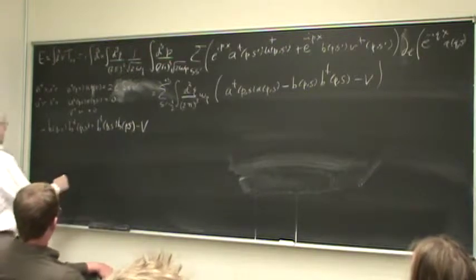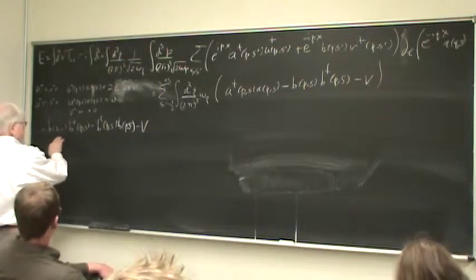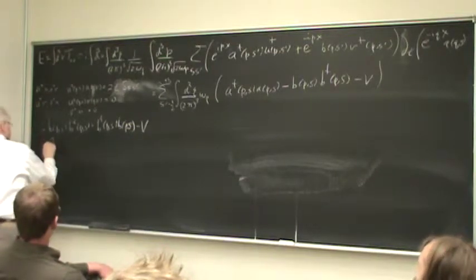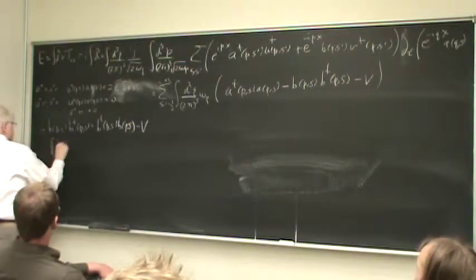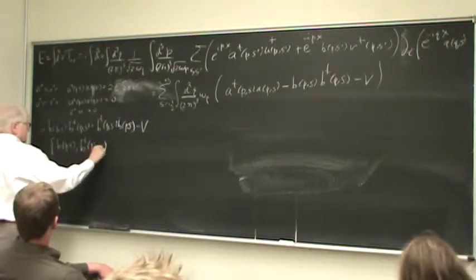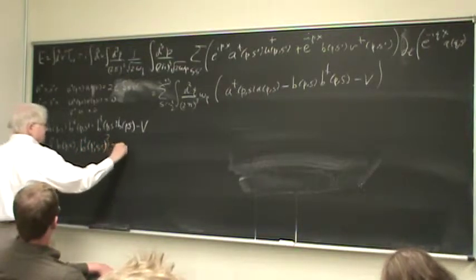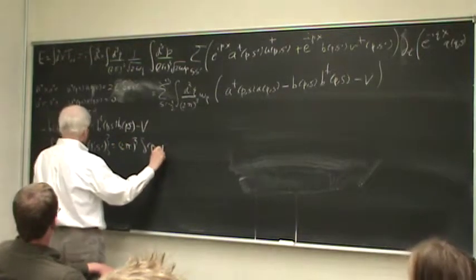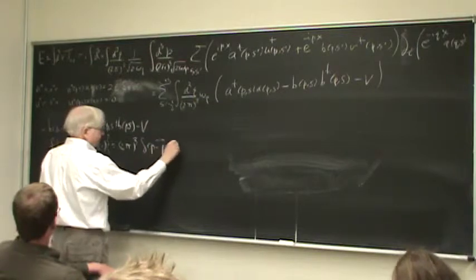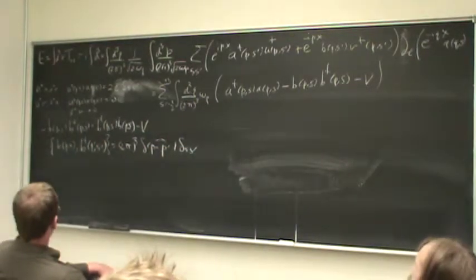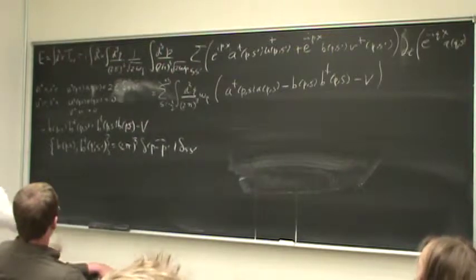So in other words, we put this on this side. This is the same thing as the anti-commutator of b of p and s, b dagger of p prime s prime, equals 2 pi cubed delta of p minus p prime delta s s prime. So that's the actual relation, and that gives us then